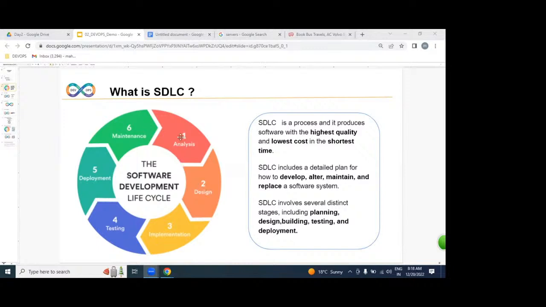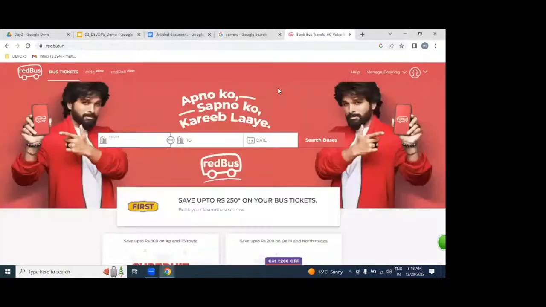Analysis is nothing but what? Gathering information from the client. For example, if you want to construct a house, we need to gather information, or not: iron cost, cement cost, land cost, how much is required, everything. We need to gather information. The same way, how exactly is this business? It is a travel business. What kind of business?